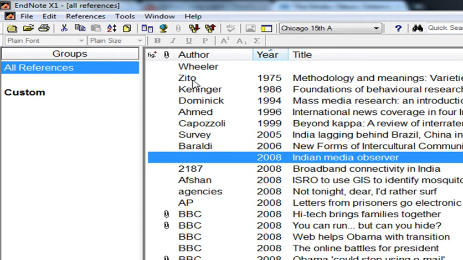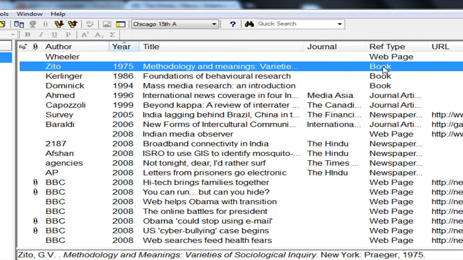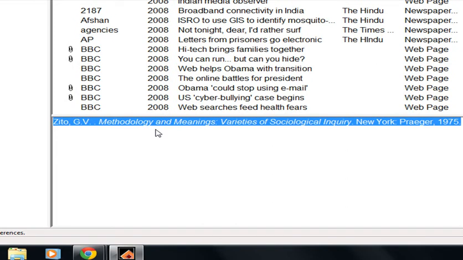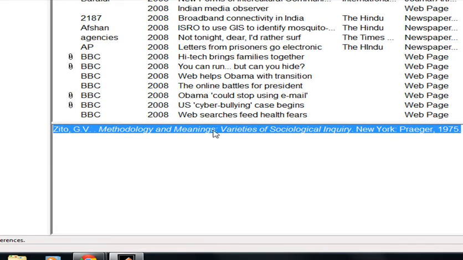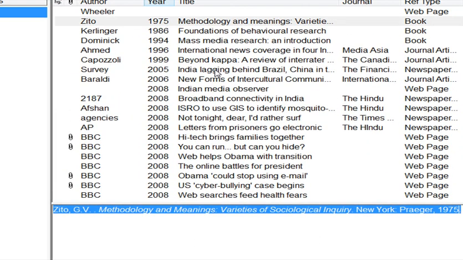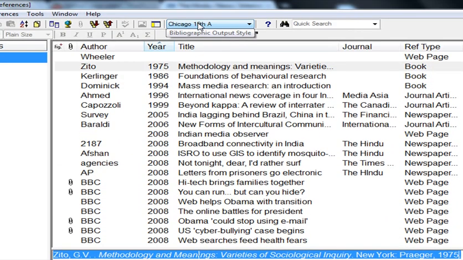Now see, I have this reference, 75 methodology. It is a book reference. So you see, the reference has been provided to me here in this window related to this citation in the APA style.